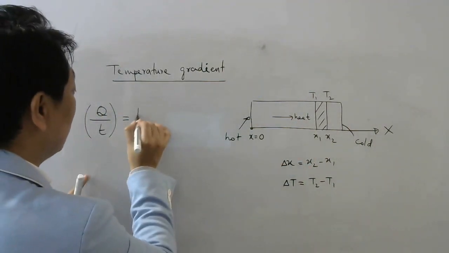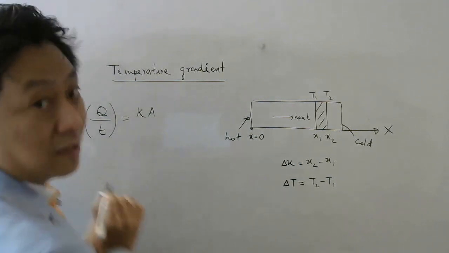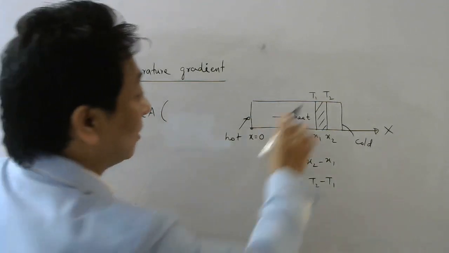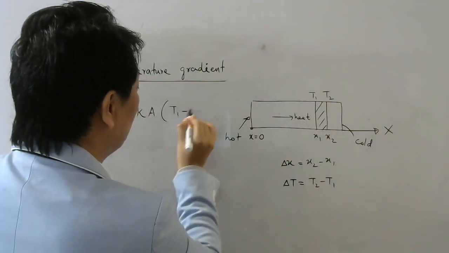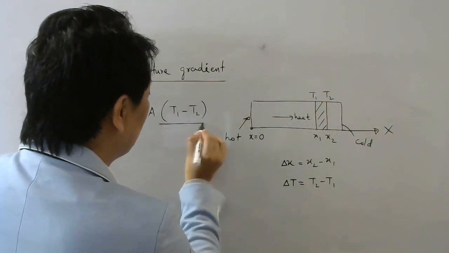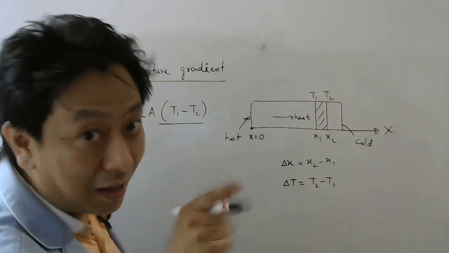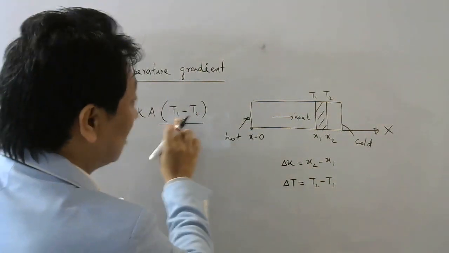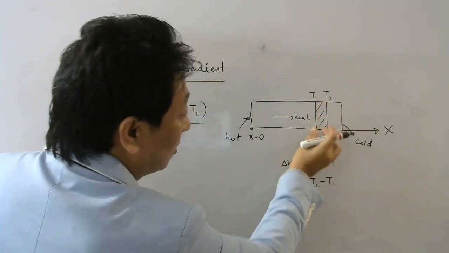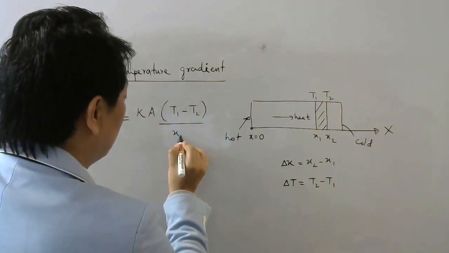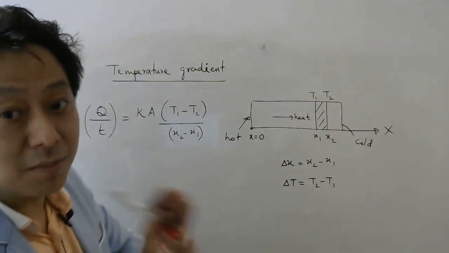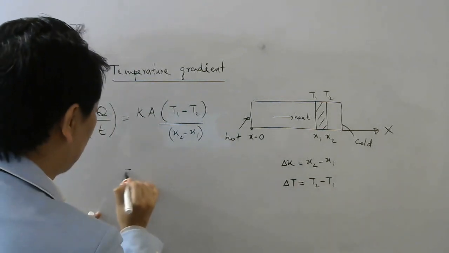So the rate of flow of heat is constant. So that will be equal to Ka. Now what we used to write? Higher temperature minus lower temperature. Here higher temperature is T1, lower temperature is T2. And we used to write the length along the flow of heat. The length is this side because I am writing temperature difference for these two portions. So this length will be how much? X2 minus X1.